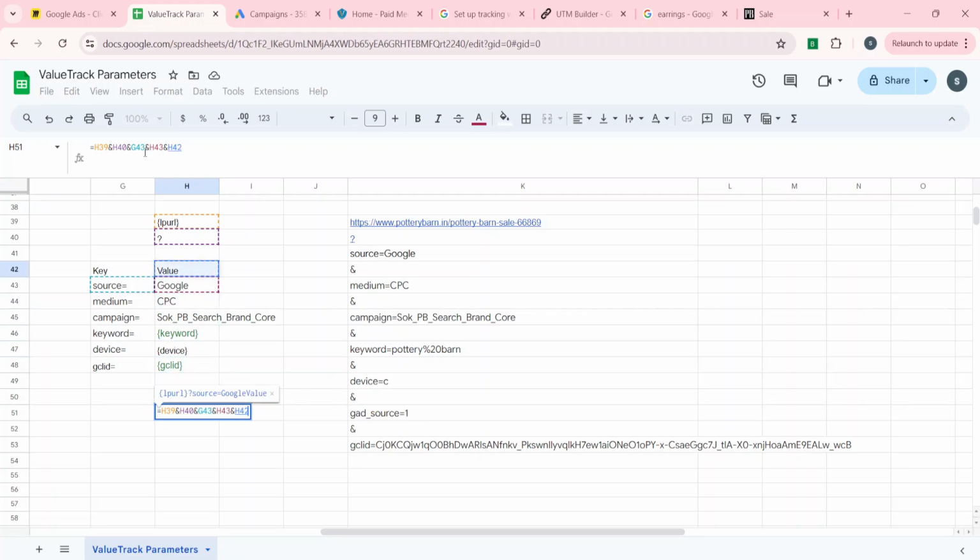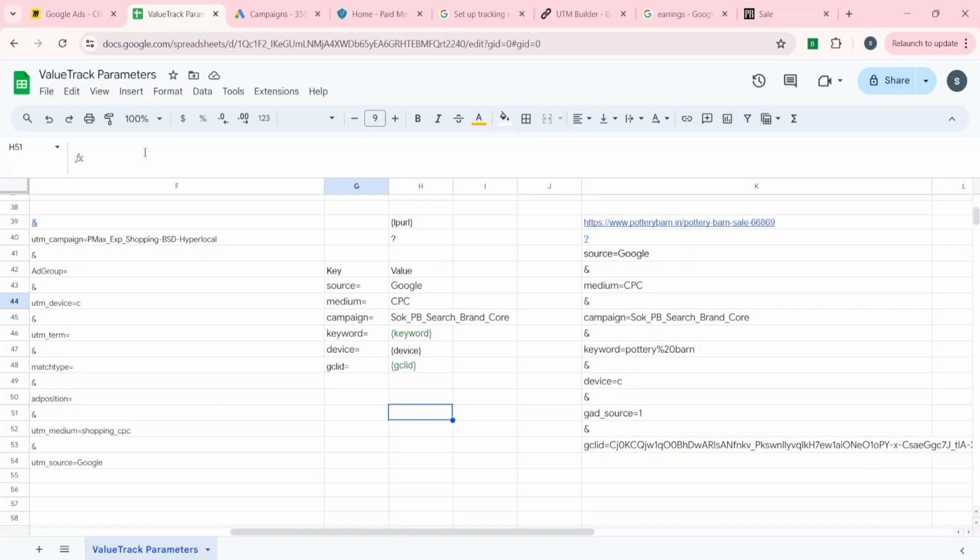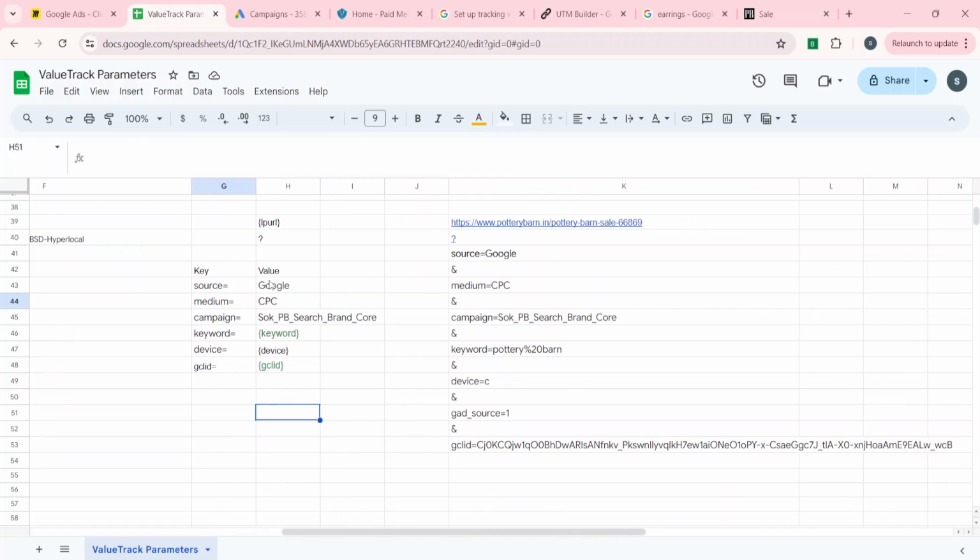This should be combined. These parameters will be combined by ampersand, right? And I know you are getting a little confused, but what I am doing here, again I am telling you, I am concatenating. This is the shortcut of using concatenate. LP URL concatenated with question mark, source,